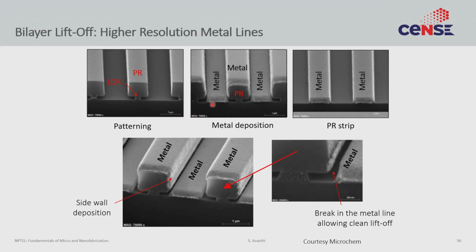When you do the metal deposition on this T shape, if you look at the edges, there is no conformal deposition, right? There's always a crack here, and that crack is because the photoresist is not continuous. And this crack allows you to do a cleaner lift-off than would be otherwise possible. So that is why if you are having trouble with your lift-off, if your lift-off features are very small, you may consider using a lift-off resist to improve the fidelity and repeatability of your process.